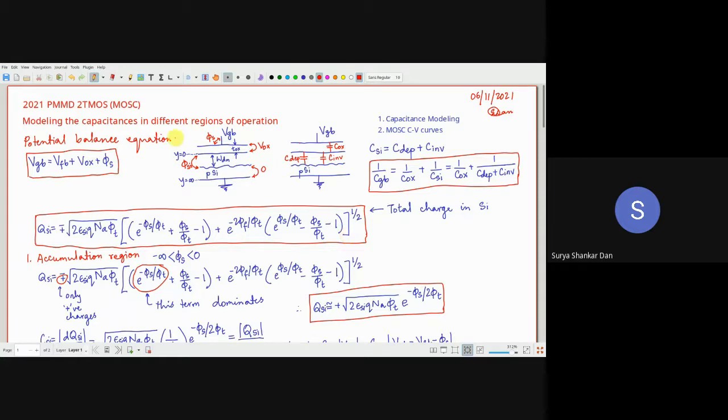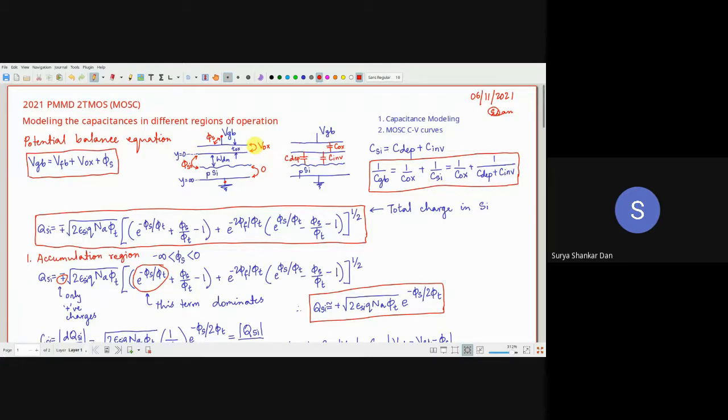Okay, so let's look at it. A MOS is essentially a combination of three different materials. Very simply put, the first one is the metal, which is the gate terminal. Then we have the oxide, and then here we have the P-silicon, as I have already written, as a substrate. Now, what we are actually applying in the MOS capacitor as a device is the voltage between these two terminals. This is one terminal, the gate terminal, and the other one is the body terminal here.